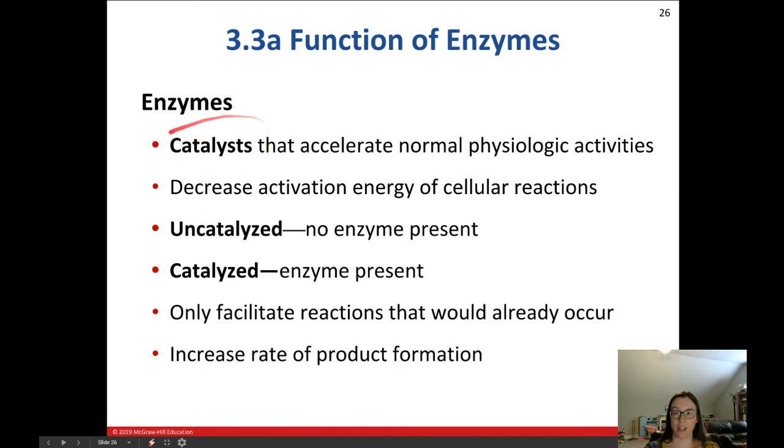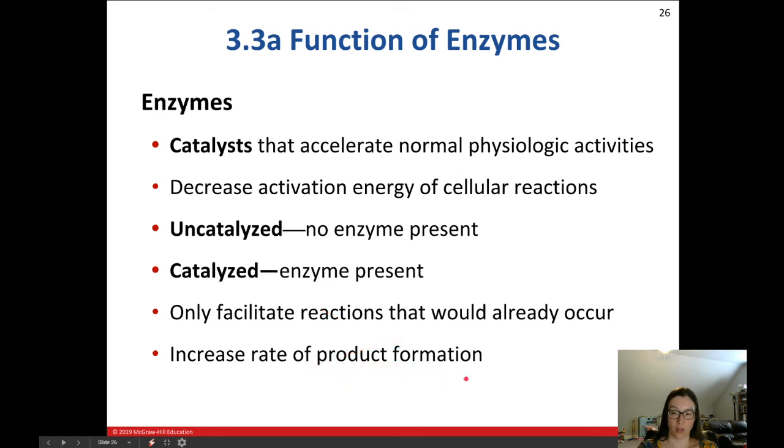So enzymes are catalysts that accelerate normal physiologic activities. They don't cause things to happen that wouldn't already happen. Those reactions would have happened, but maybe it would take a long time, and the enzyme makes them happen more quickly. It does this by decreasing the activation energy of the reaction. We call a reaction that's uncatalyzed a reaction that has no enzyme present, and the catalyzed reaction has an enzyme present. This increases the rate of the reaction